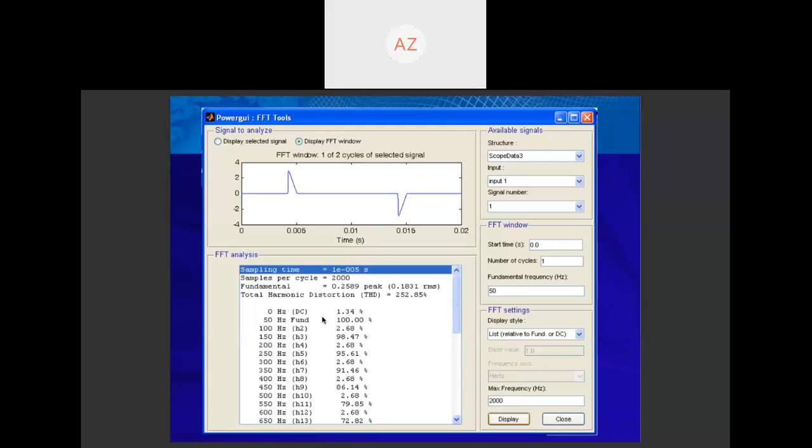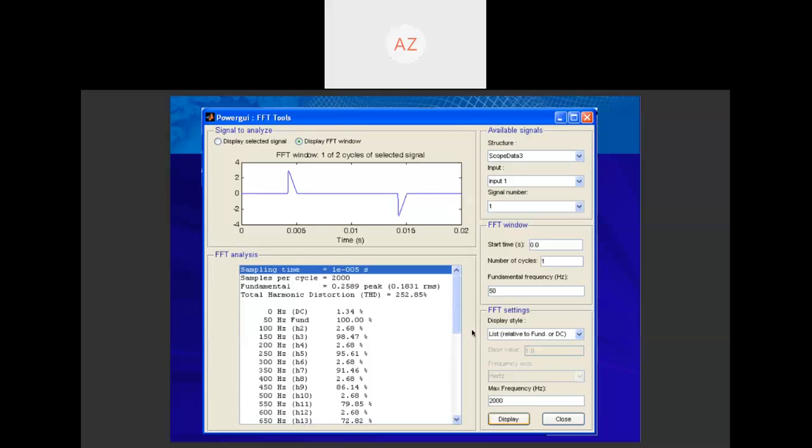At FFT analysis, the second order harmonic is represented by H2, H3 for third harmonic, H4 fourth harmonic, fifth harmonic, and up to 2000 Hz or 40 harmonics.